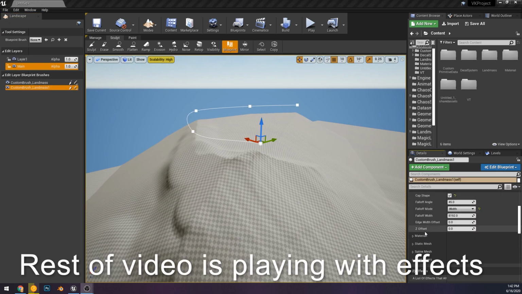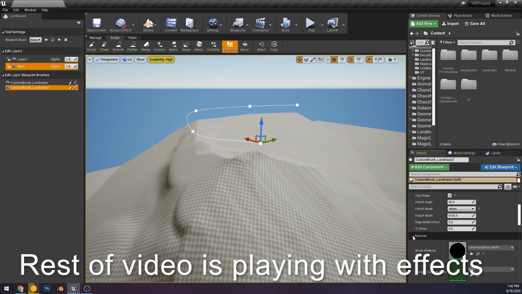Hopefully that covered the basics and you can go and explore landmass yourself. And yeah,